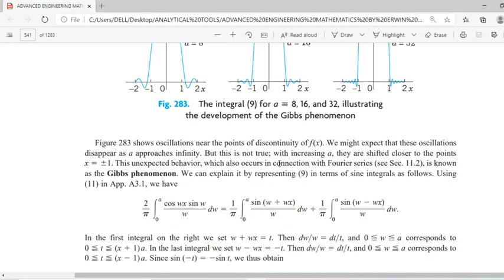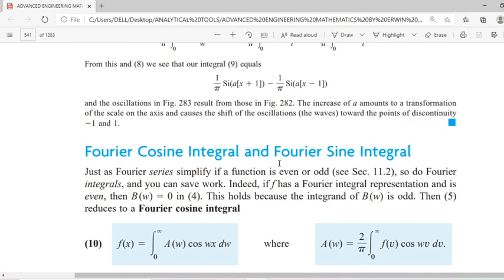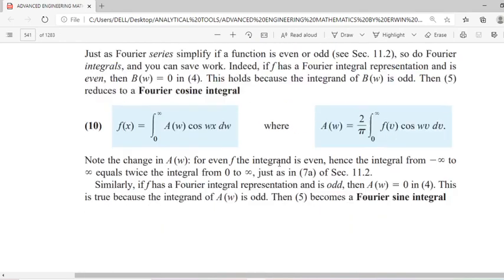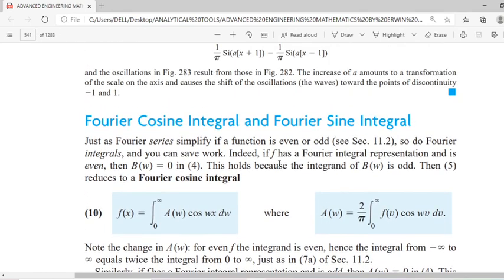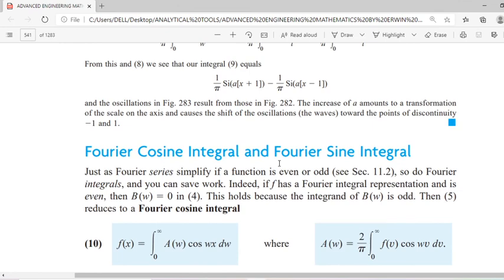Let me stop here. You can consider more examples from the exercise also, and we will discuss the Fourier cosine integral and Fourier sine integral in the next class. I think we have a limited number of classes, and